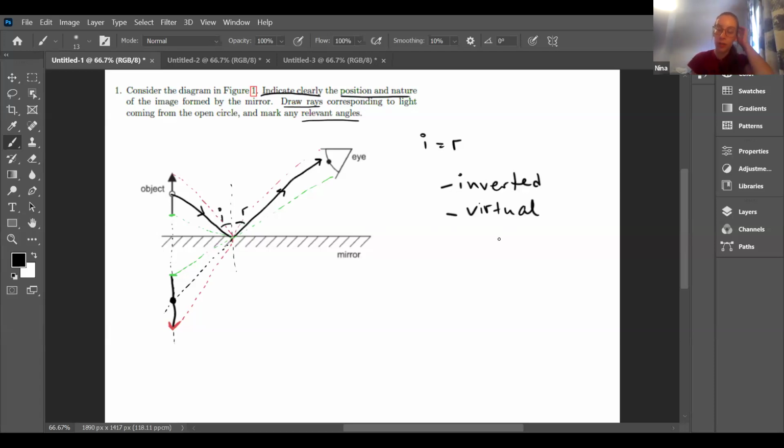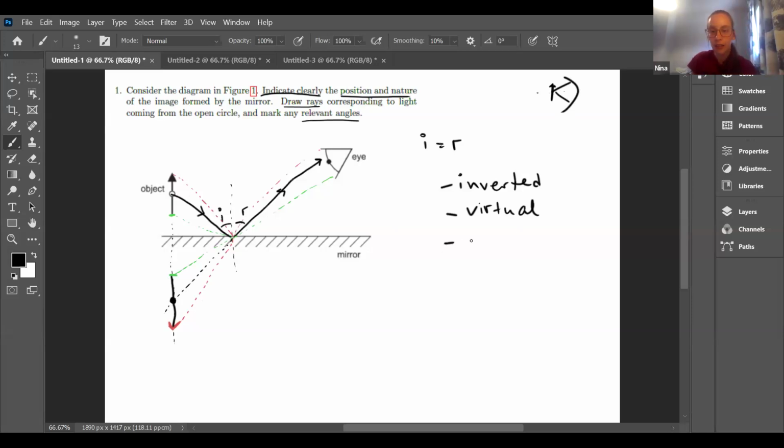So what a virtual image means is that you cannot physically put a screen where the image is in order to get a physical copy of that image. You can't put a camera lens there to take a photo of that image because it's inside the mirror. So if you had a concave mirror, you know how the rays get reflected back and the image is formed here in front of the actual mirror, this would be a real image because you can put a sensor there, a camera, and take a photo. In this case, you can't do that, so it's a virtual image.